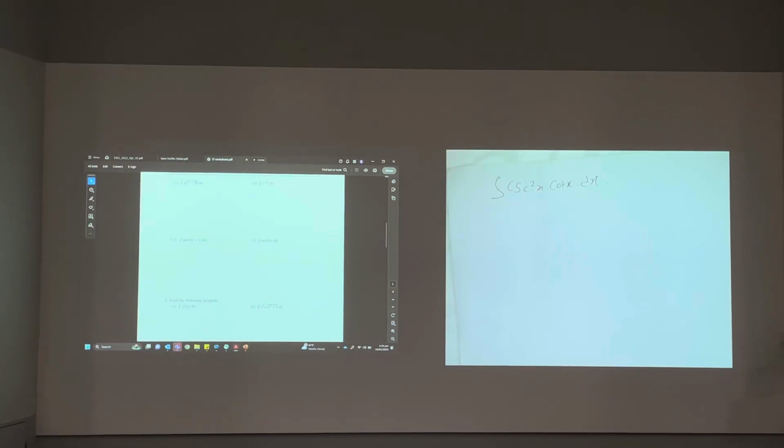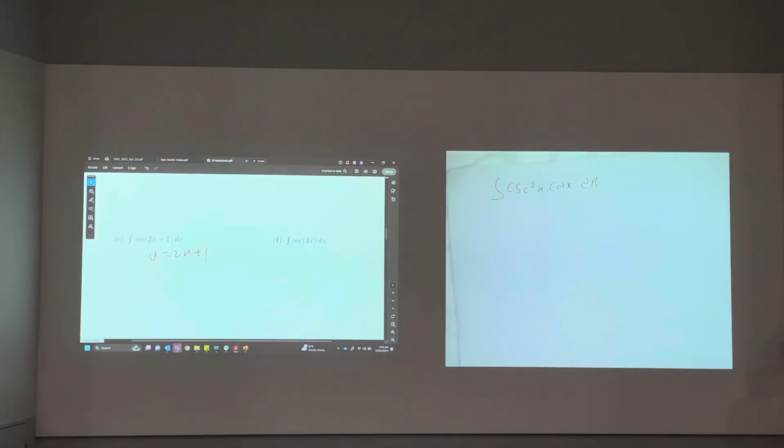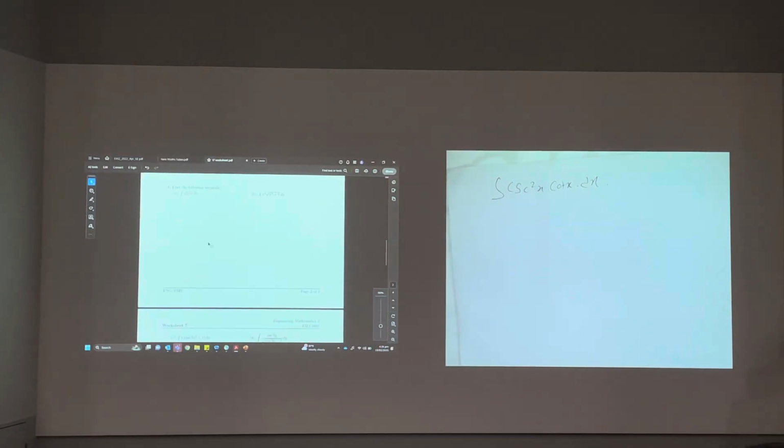Integration by substitution can be something like this, that means a function inside a function. This one also you use integration by substitution. You make u equal to 2x plus 1, right? Or else we can also use substitution for this kind of